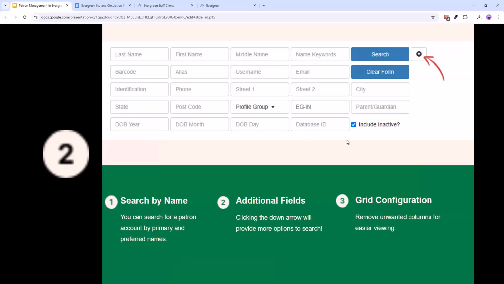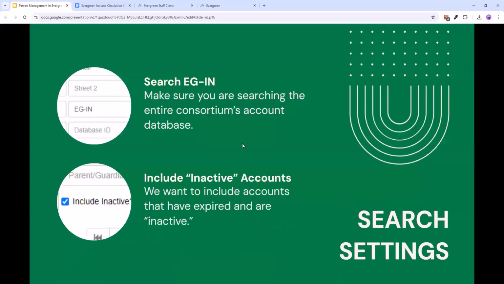patron. You want to make sure that when you are searching for patron accounts, that you are searching the entire consortium's account database. So make sure that your library, that it's looking at EG-IN. That means that you are searching the entire consortium. And then you also want to make sure you have the include inactive checkbox enabled, because we want to make sure we include those accounts that may be really old, but they might have like fines or material still on